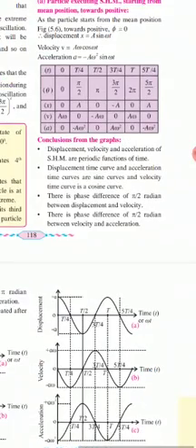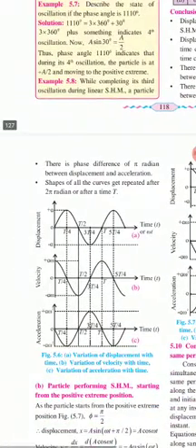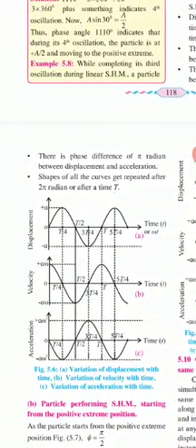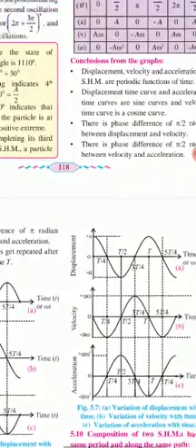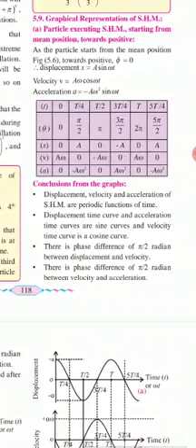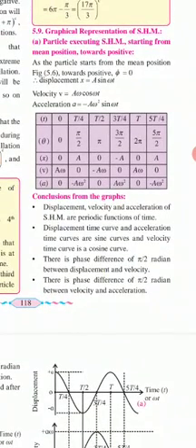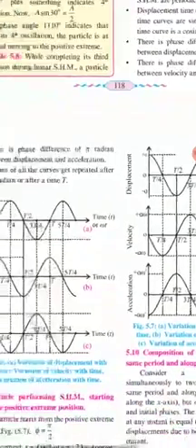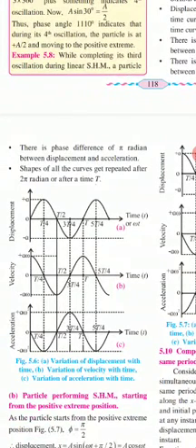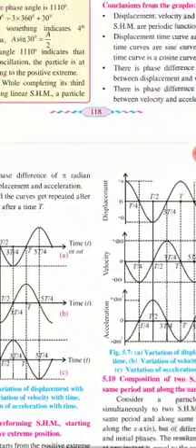Then next, pi. Sine pi will be 0, so again it will be at 0, that is at T by 2 point. If you see this graph, 0, then plus a, then again 0, which will be at T by 2. Then 3 pi by 2. Sine 3 pi by 2 will be minus 1. So again it will be at 3T by 4, which is at minus a.